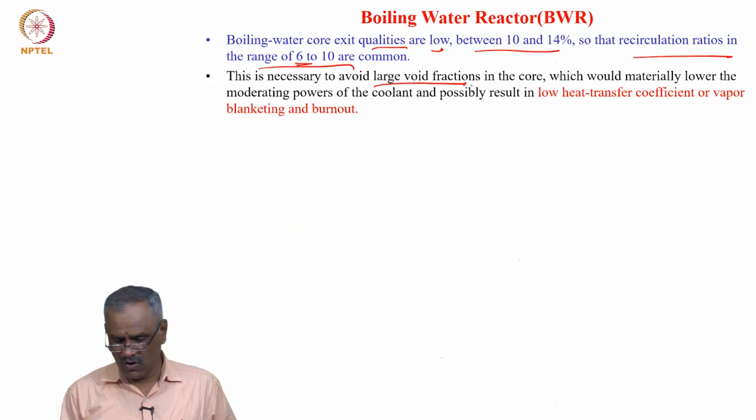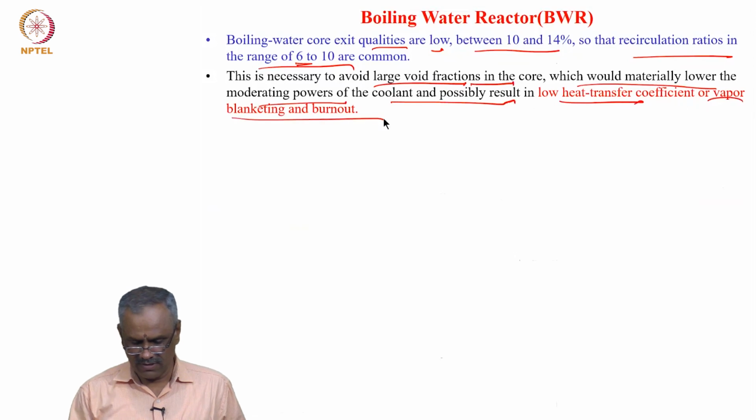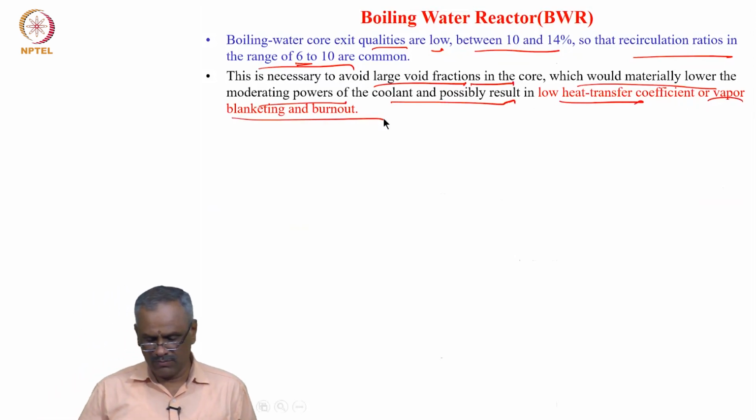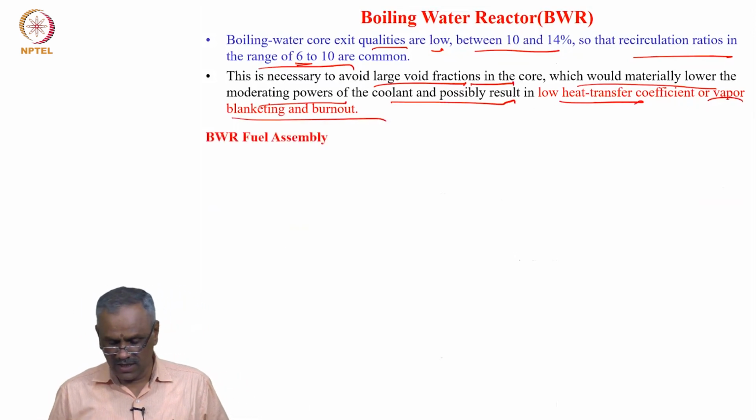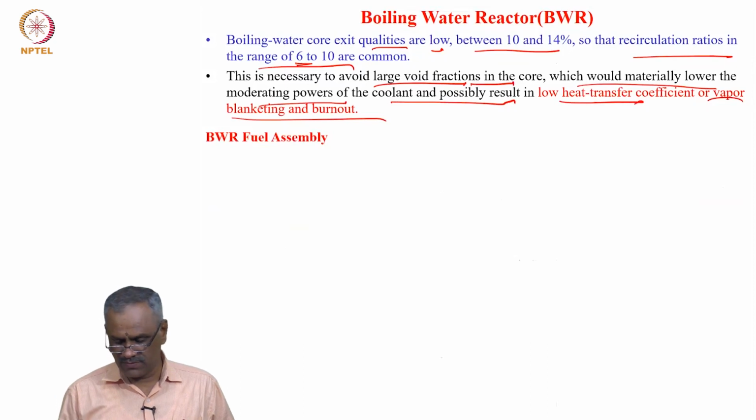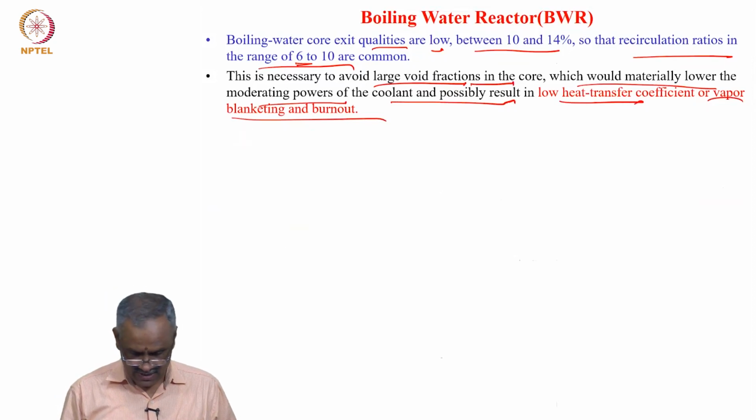So, therefore, the voids in the core need to be avoided, because they would materially lower the moderating power of the coolant. The possible results are low heat transfer coefficients, vapor blanketing, and burnout. Because if there is a possibility of voids, what happens within the reactor here, if you look at,